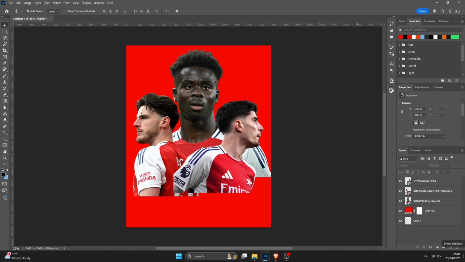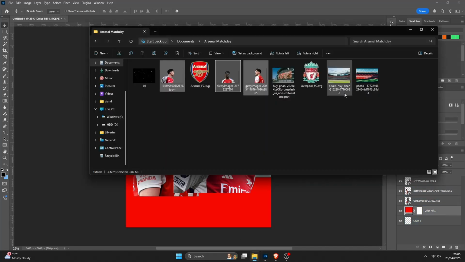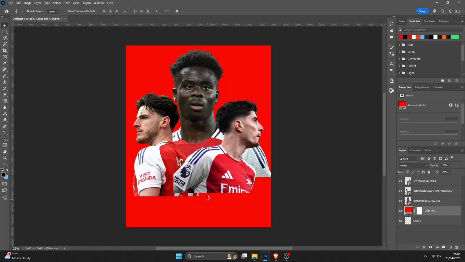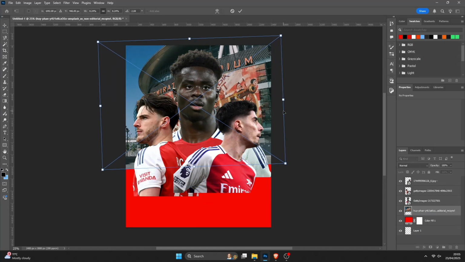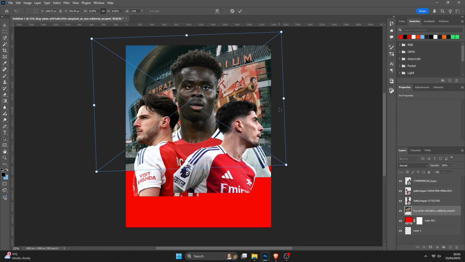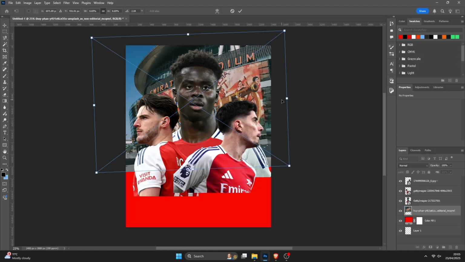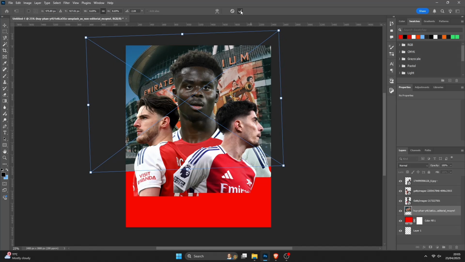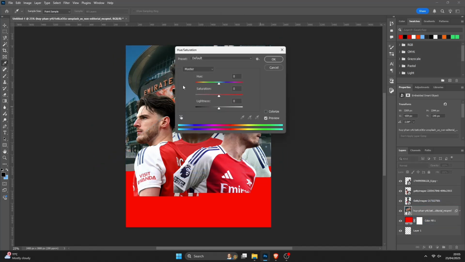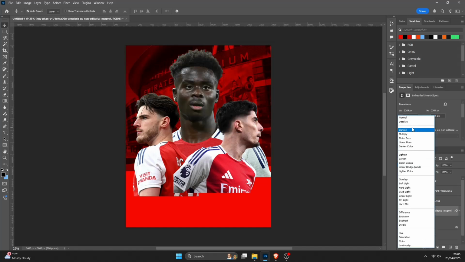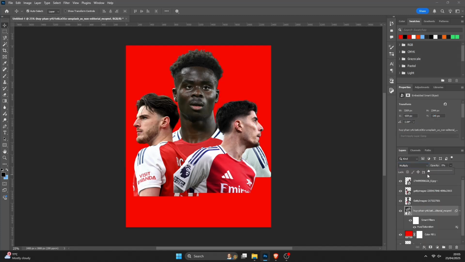So next thing we're going to do, go to your files. I'm going to add in this picture of the Emirates Stadium like this. If I just position it where I want it to be, using these little squares here, if I put it about there. And now with that layer selected, press Ctrl U on your keyboard, then turn the saturation all the way down. And for the blending mode, I'll go for multiply, change the opacity to around